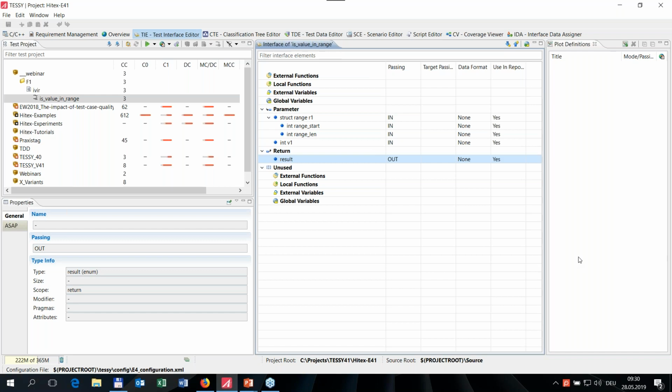Sorry for the interruption. So the passing direction out is for the return value of the test object. I think it's clear that this needs to be out, and it is a value of the enumeration type. Okay, as said, the interface determines the structure of the test cases, and the next step is that we define